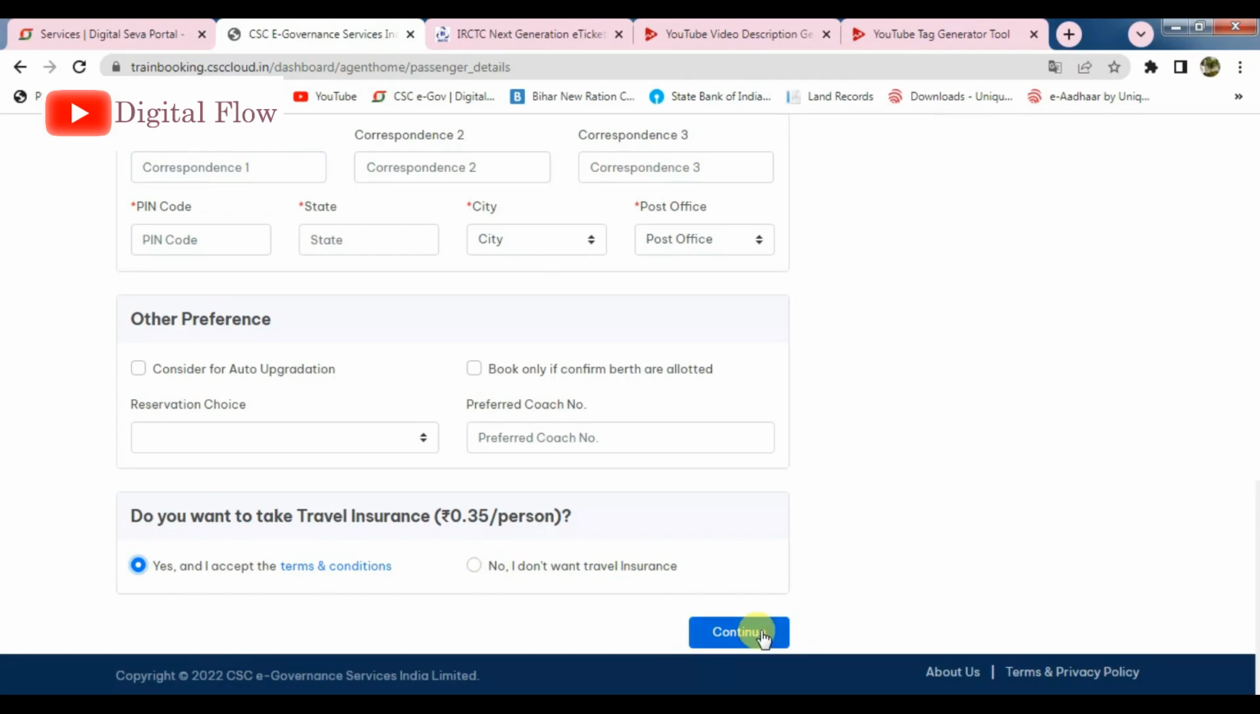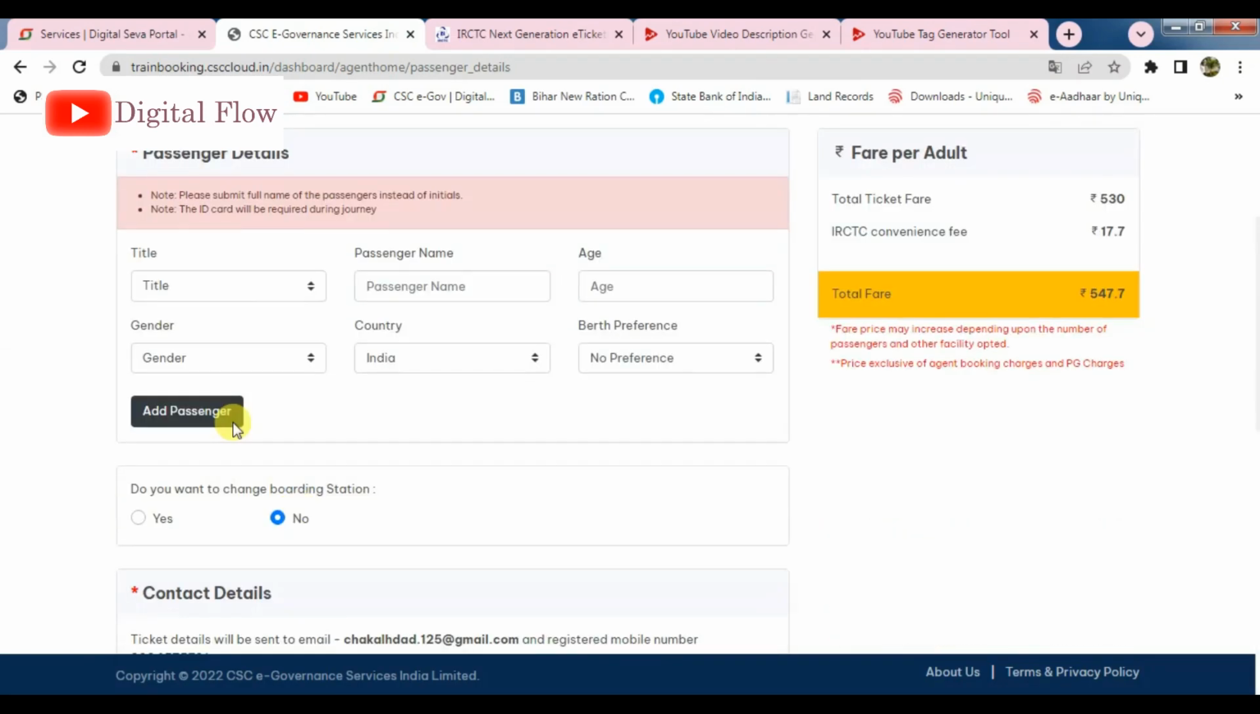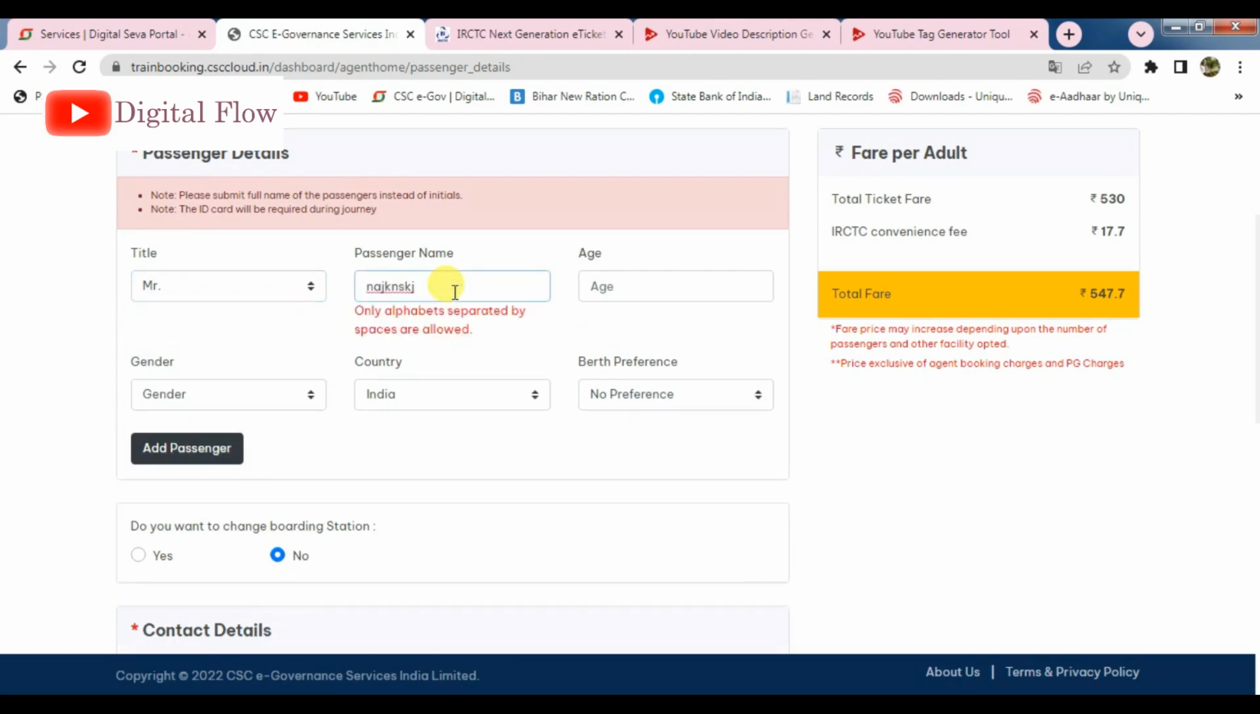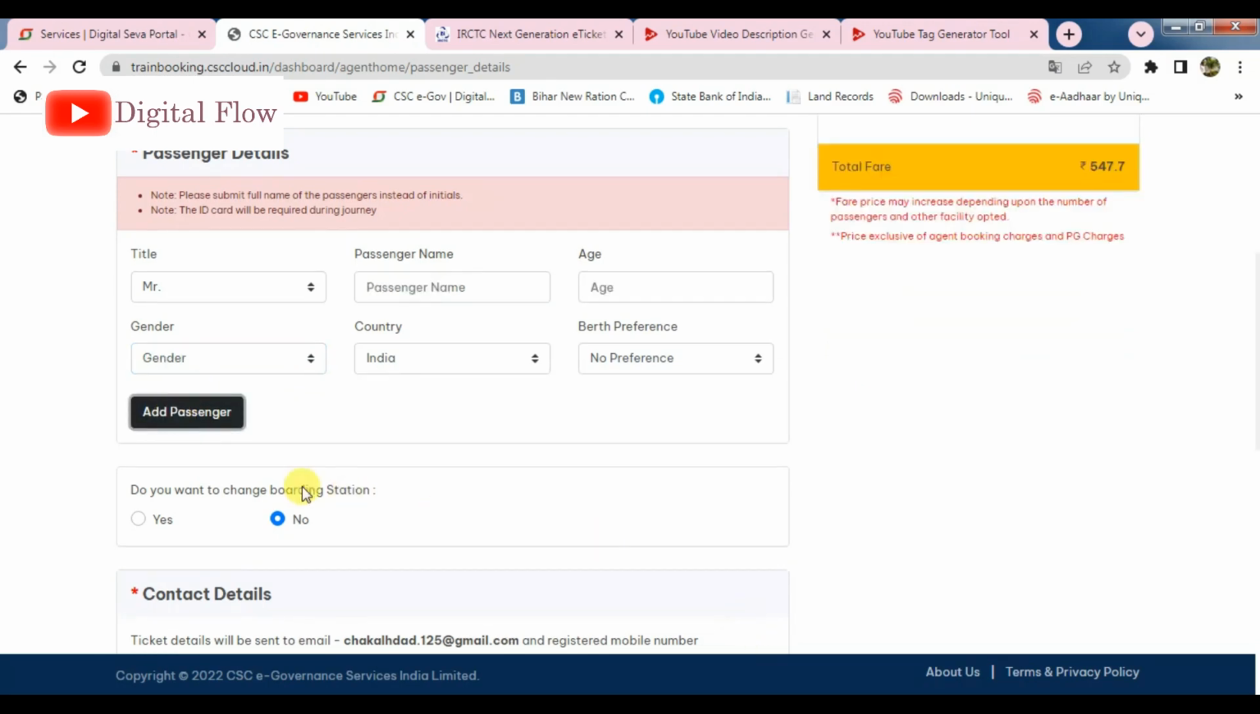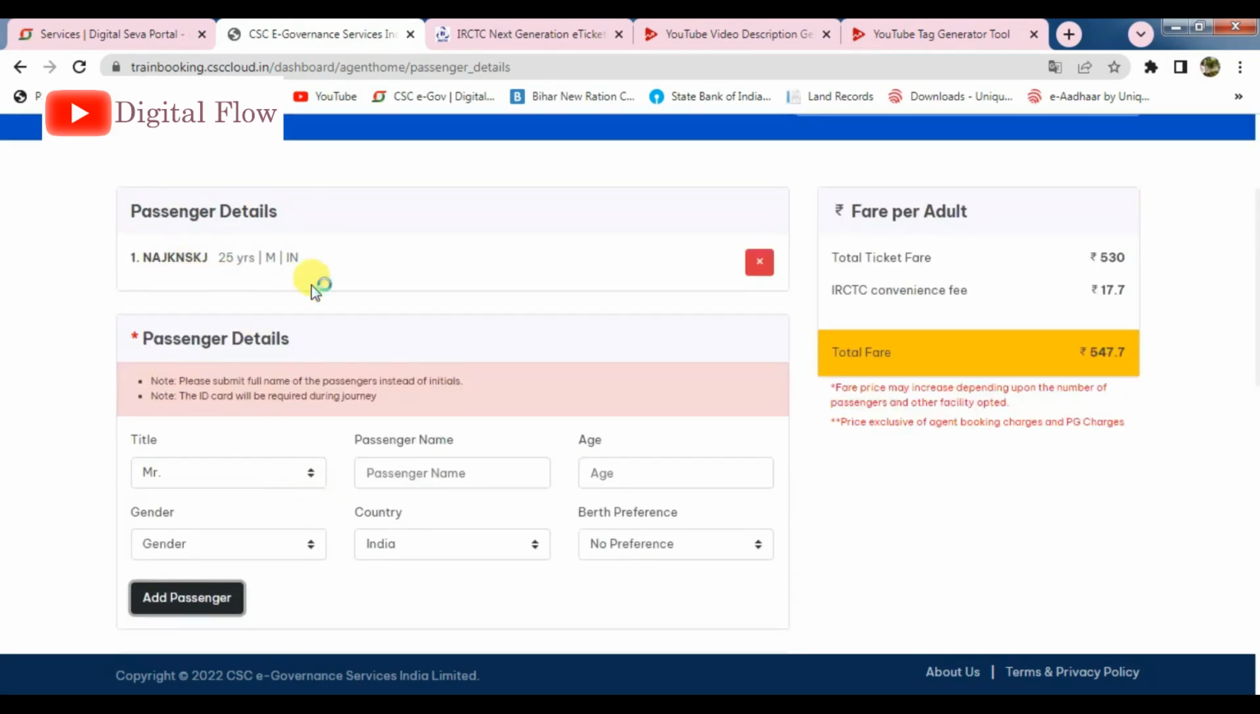So I will put any dummy name. I will select the title, name, age. I will put anyone. I have to select the gender, and the country is the same. One option is added here: you have to click on add passengers. After clicking on add passengers, you will get the next process. Here I have selected, and